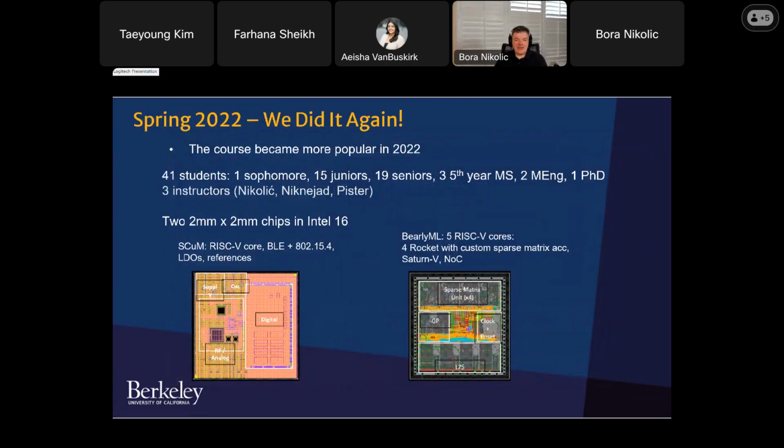So with that success, the word spread out among the students. You can imagine this from the world of undergrads who are looking at this and wondering, are we really going to design this chip in one semester? The course became a lot more popular, so we had a number of juniors now signed up together with seniors, with a smaller number of PhD students, and the same instructors designed these chips. A monkey wrench was thrown our way in the fall of 2021 when TSMC temporarily had to export control their